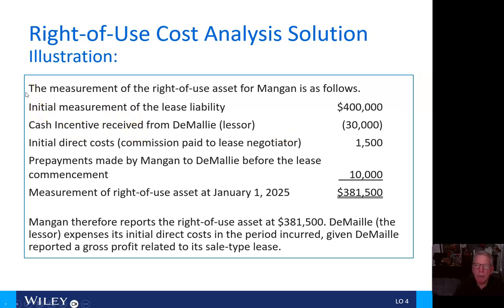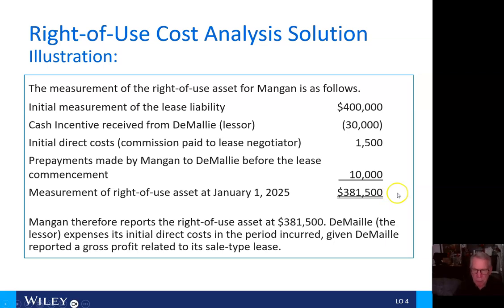So the measurement of the right of use asset for Mangen is going to be as follows. Here's our initial measurement of the lease liability, $400,000. The cash incentive from DeMalley, the lessor, we subtract $30,000. The initial direct costs, that's the commission paid to the lease negotiator, we add $1,500. Prepayments made by Mangen to DeMalley before the lease commencement, $10,000. And if we sum that all up, the measurement of the right of use asset at January 1, 2025 is going to be